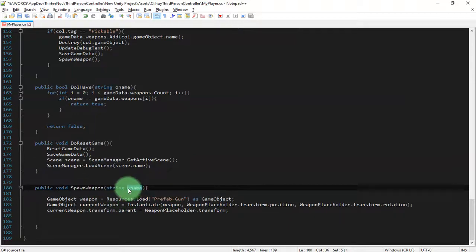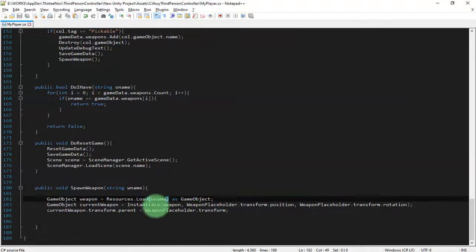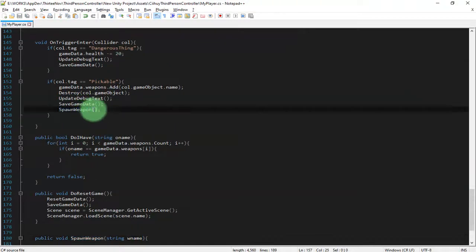I will copy the wname variable, then place it here, and here at this part I will type the call game object name. I place it here.